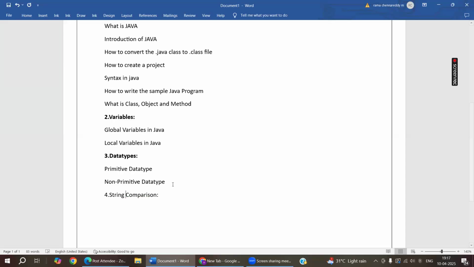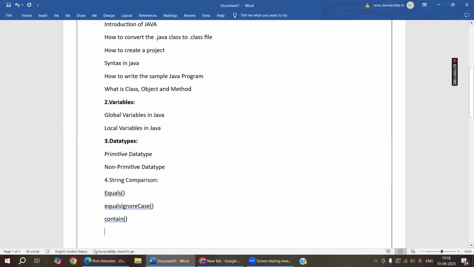The first method is the equals method, and then the equalsIgnoreCase method, and then the contains method, the startsWith method, and then the endsWith method,